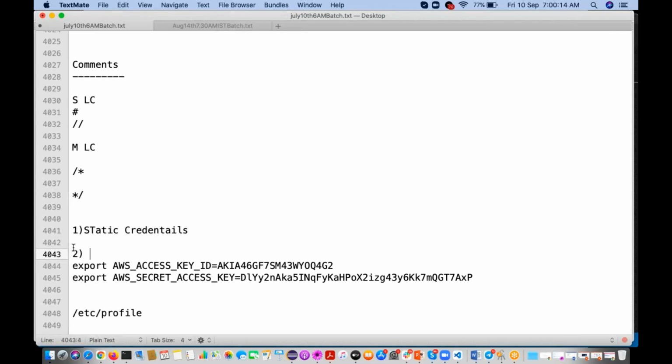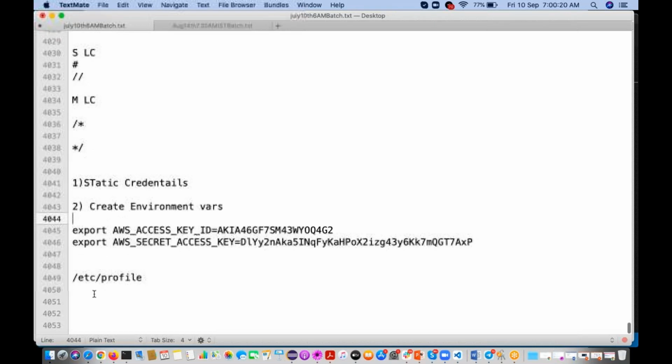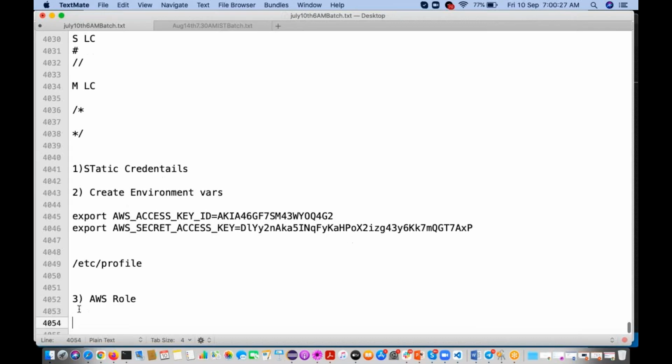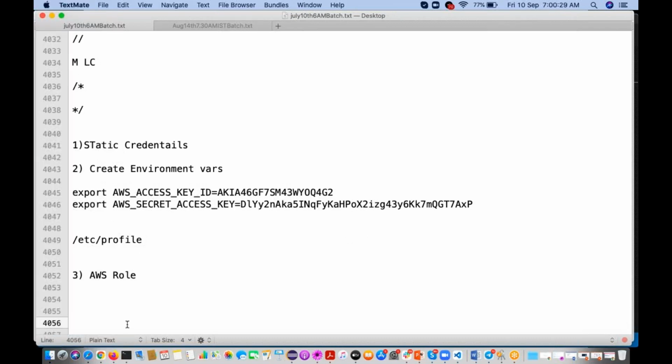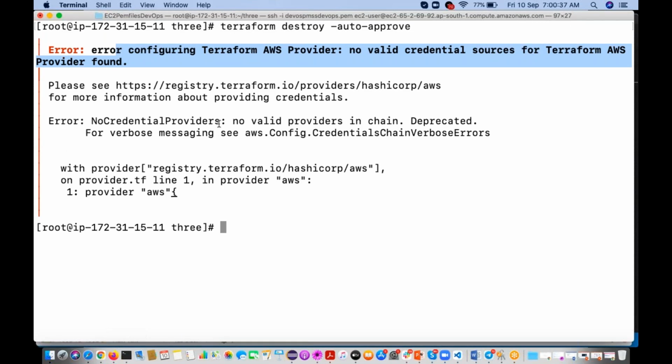The second one is to create environment variables. The third one is to use an AWS role. Create a role and attach that role to the EC2 instance. Now we are getting the error, right?